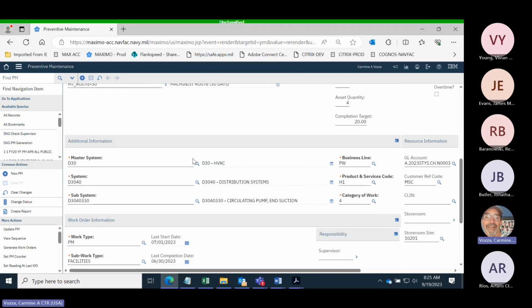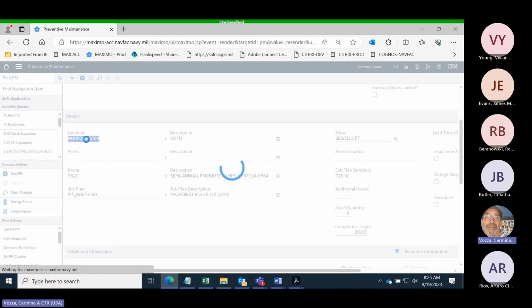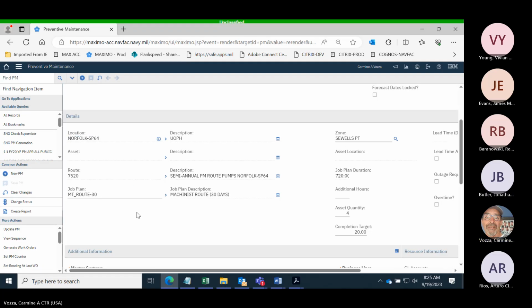All right, so you get the basic PM, you could duplicate it, and then over here you're going to go, it's not an asset, it's a route. But notice, here I can have a location. Not only can I have one, you kind of need one